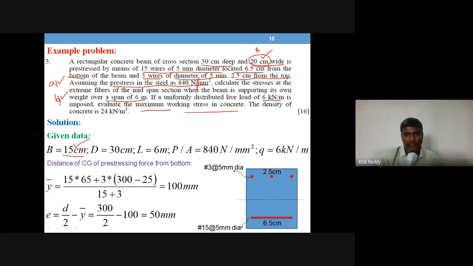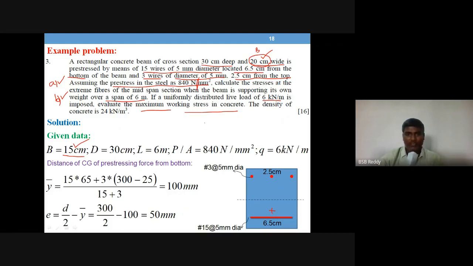Now the point here is you have wires at different locations. Some wires are at bottom, some wires are at top. So you have to locate the CG of the wires first. Then only we can proceed for finding